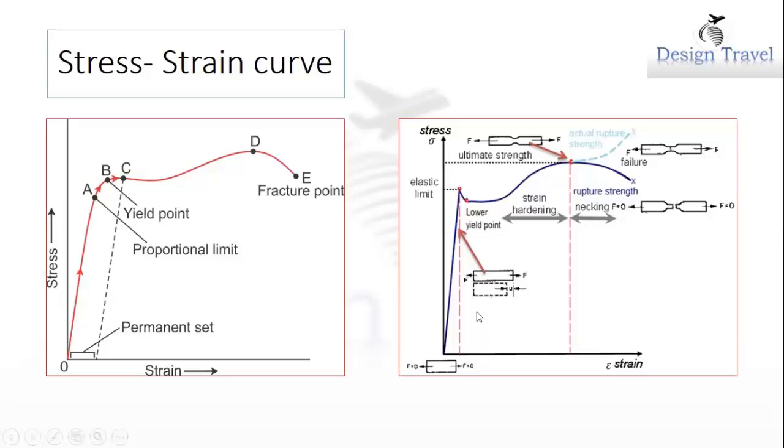From 0 to A, what I told you as the proportional limit, the same proportionality limit you can see here. In the proportionality limit, when the force is applied, you can see the term U, which is the deformation, the change in length relative to the original length. After some point, the elastic limit will maintain its behavior, that is A to B. Then after B, after the yield point, you will not get any deformation, which means your elastic property will stop here.